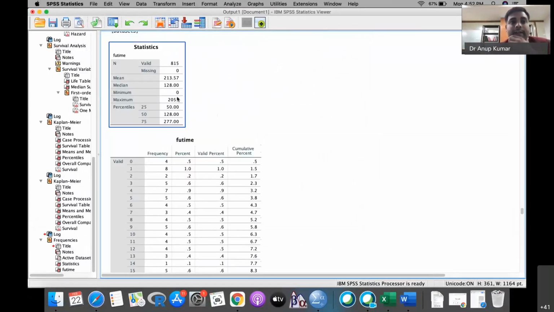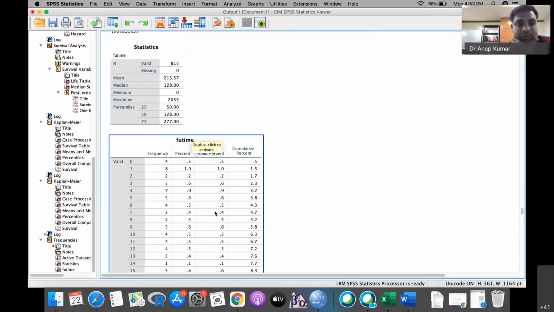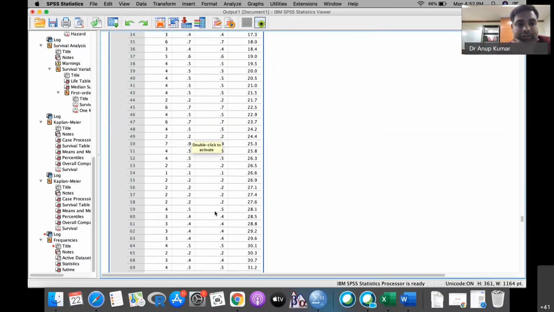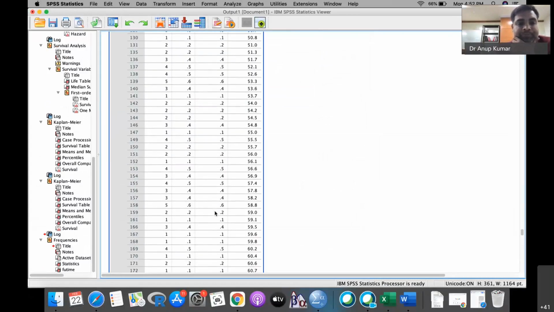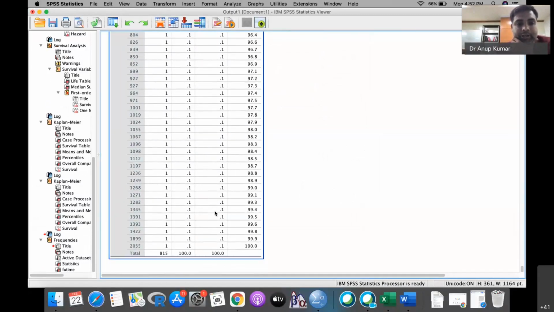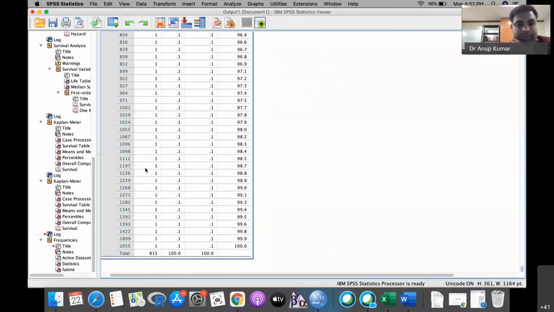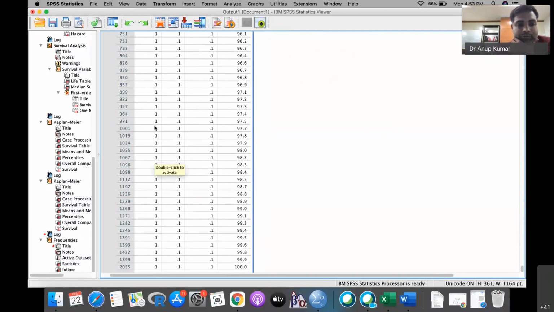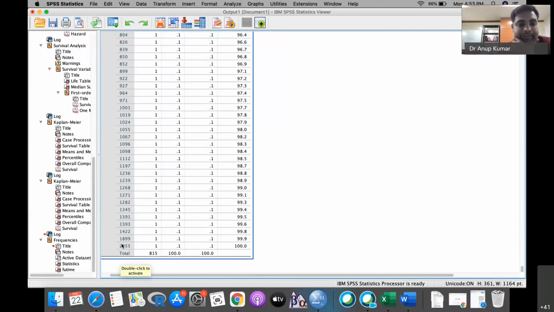Here you can see there are 815 participants. The mean is 213. The median is 128, and the quartiles are 50, 128 and 277, and the maximum is 2055. Okay, so you can see that this is the distribution of waiting time for the transplant, and this is the data of 815, and there are few who have waited for 2055 days.